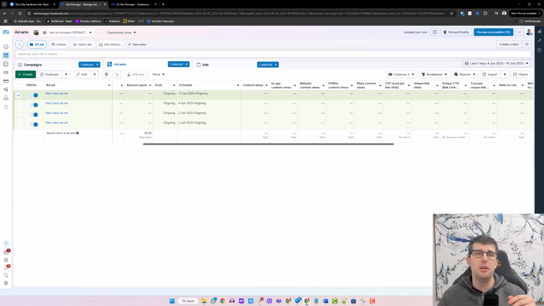But as I said, my way is I focus more on cost per purchase than I do return on ad spend. The cheaper your cost per purchase, the higher your ROAS. Always remember that. It's as simple as that. The cheaper you can get a purchase, the higher your ROAS will be. Okay, so that's what I focus on.